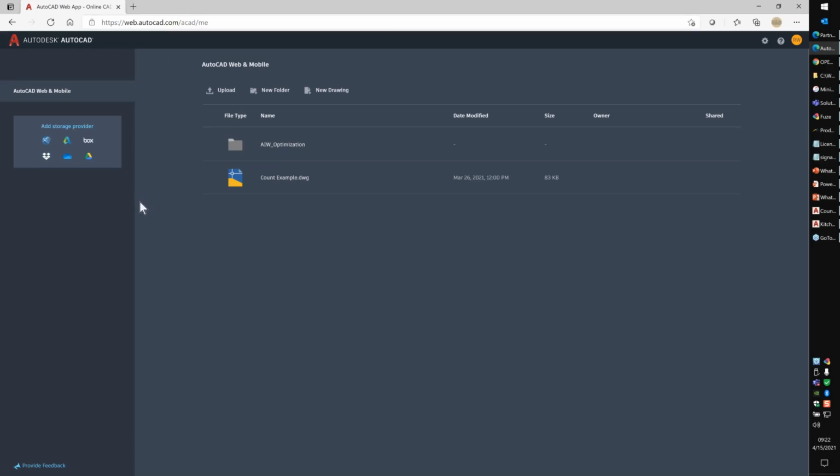They are not blocks or drawings. It's a fundamental difference in how things are handled. So you'll notice here that my AutoCAD Web and Mobile, I can connect to Autodesk Docs or BIM 360, Autodesk Drive, Box, Dropbox, OneDrive, Google Drive. Okay, so when I open my count example here,